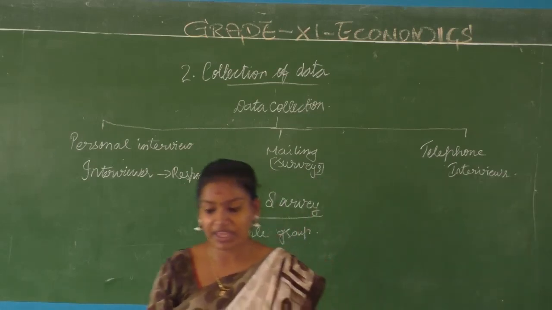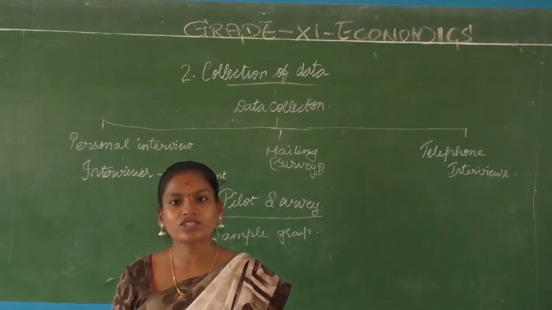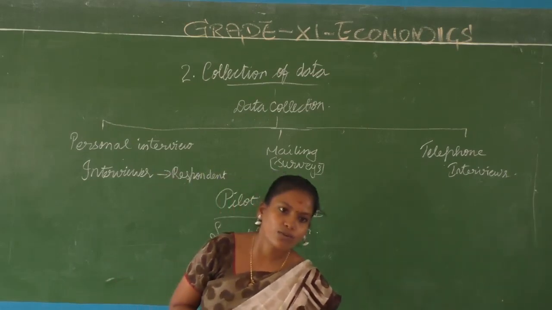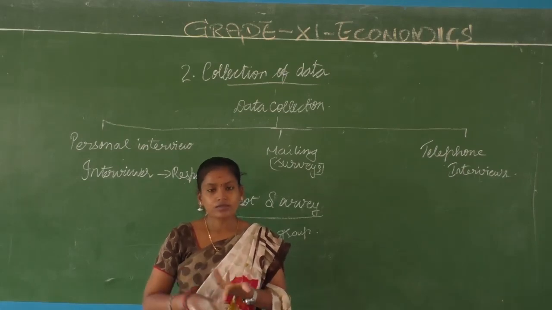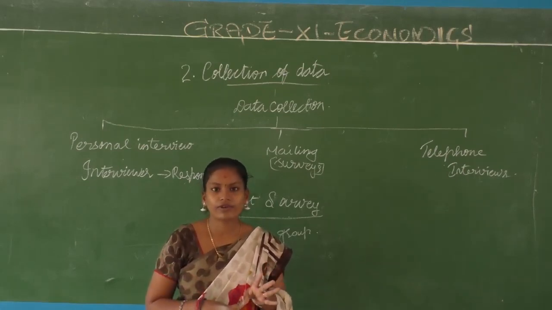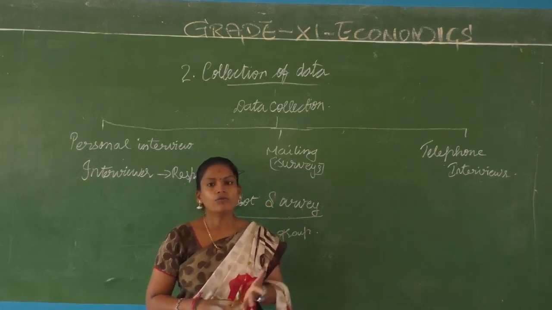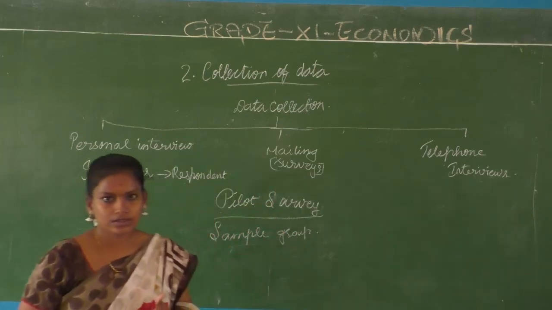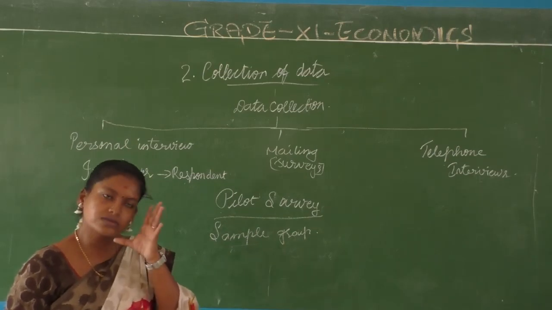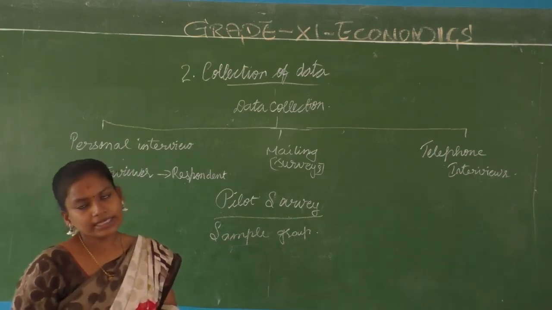So what are the various things we have discussed about collection of data? We have discussed what we mean by data, variables, collection of data, sources of data, methods of collecting data, and finally modes of collecting data. Kindly go through all these things. Try to answer your worksheet. If you have any doubts, feel free to talk to me and get it clarified.